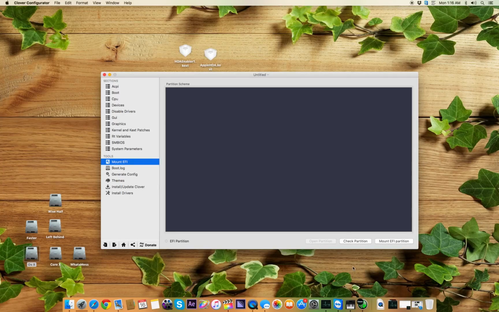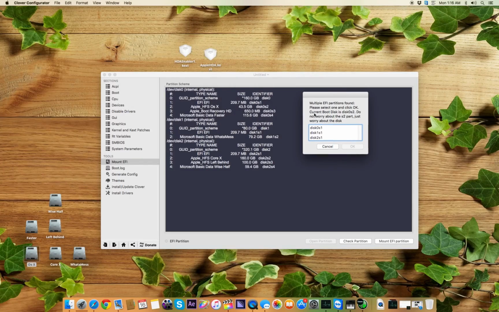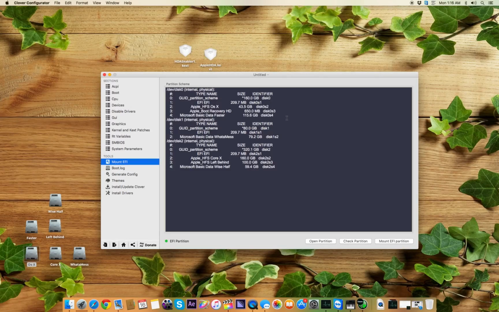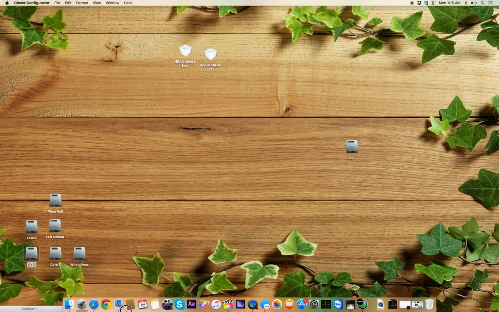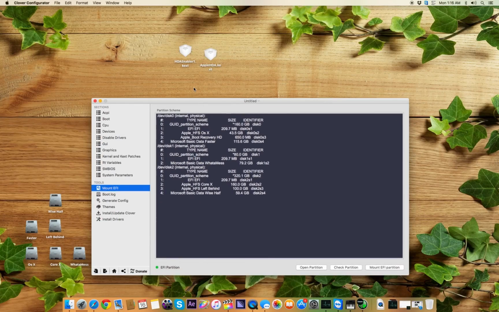go to Mount EFI Partition, click mount, and select the partition of your OS X drive. For my case it's disk1. Double click and it will mount your EFI partition. Here it is. So what you have to do is close the Clover,